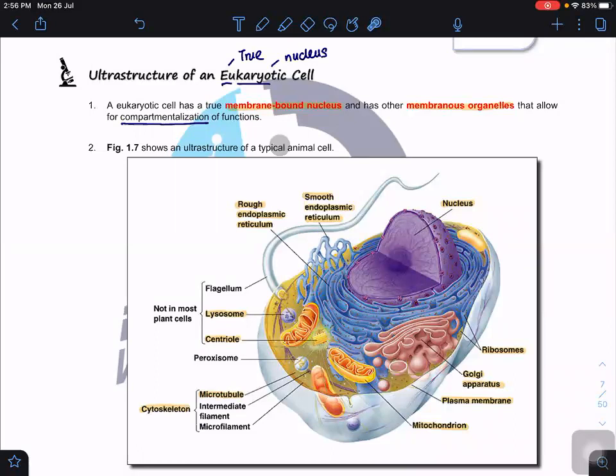Now, next, how do we identify the mitochondria? In the mitochondria, you can see that inside you have convoluted, something like folded membrane. So this is the structure of the mitochondria. How do you differentiate the lysosome? Lysosome, basically, you can see that it's a round circular, spherical structure, and inside we have a lot of enzymes. Centriole, you have one pair of them. Always two together, and they are always perpendicular to each other. So one is horizontal, another one will be vertical. So this is how you differentiate the centriole.